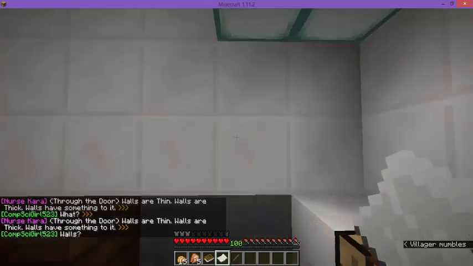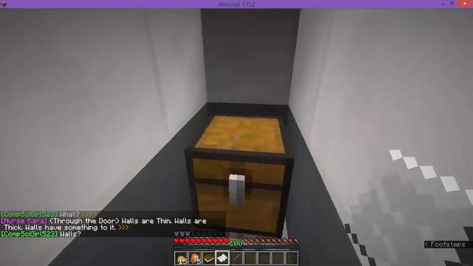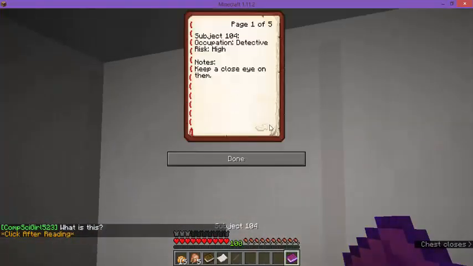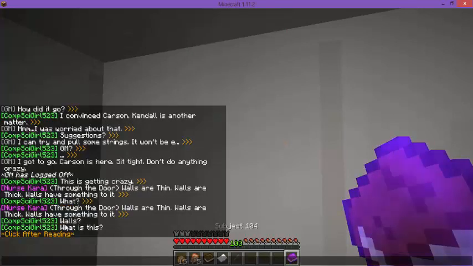So if you were to turn around, walk straight at the wall, it opens up, and there's a book all about you. So you can read through that. When you're done reading,